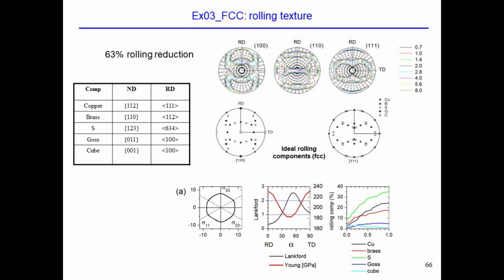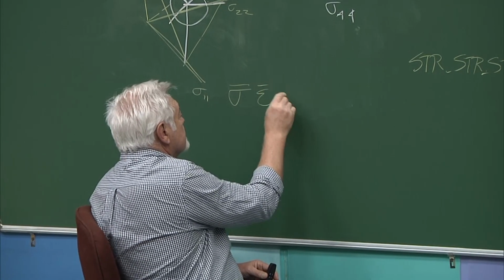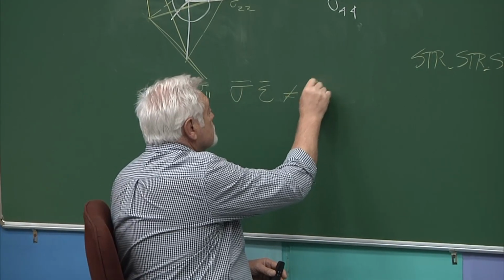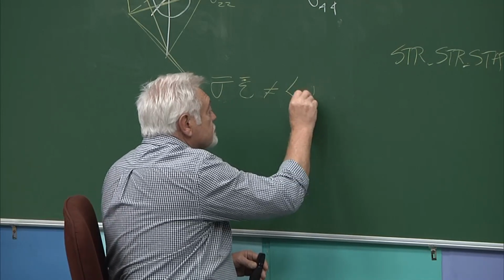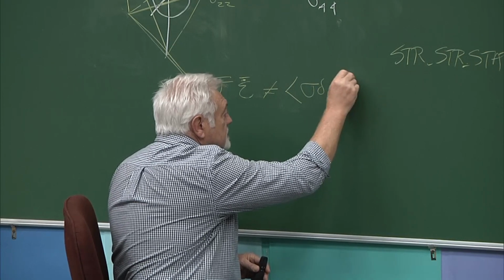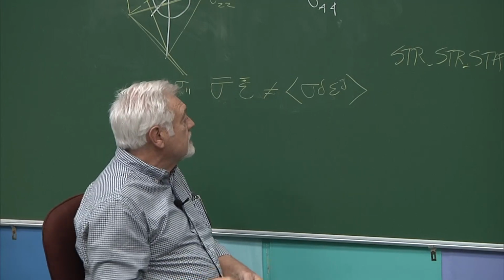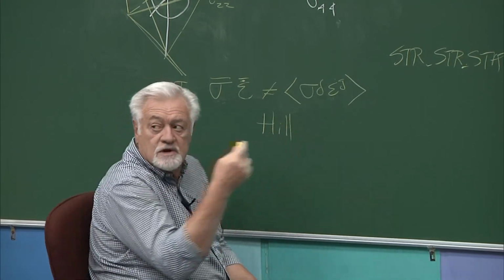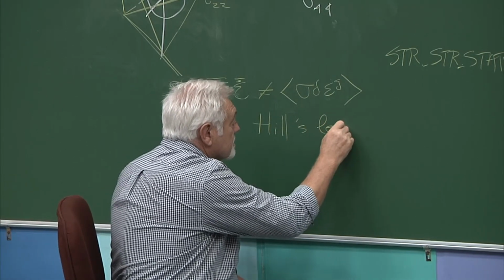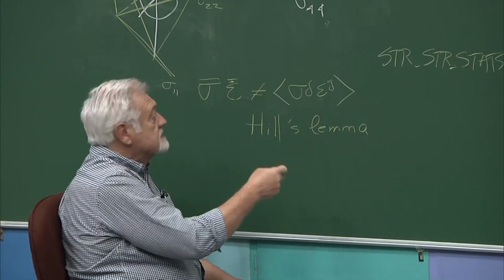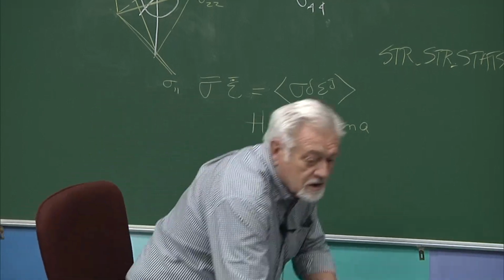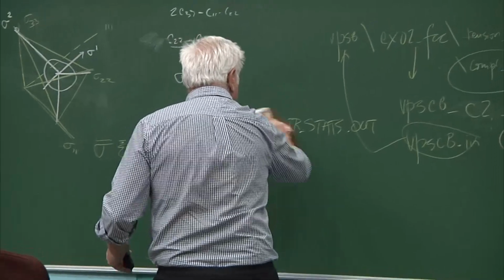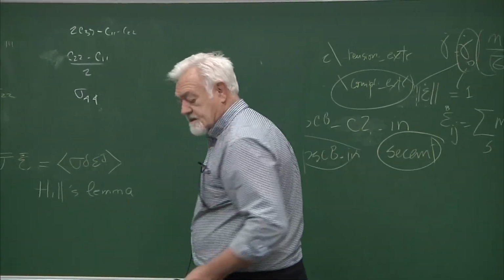Yes, I prefer to do that, maybe personally to you, because it has to do with that sigma epsilon dot average, the macroscopic one, is not equal to sigma g epsilon dot g average. Now, there is a very well known lemma, which is called Hill's lemma, that demonstrates that this has to be equal. Now, why is it not equal in our case? What happens is,